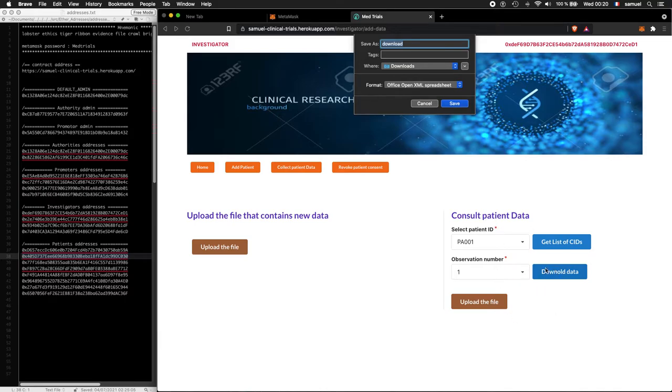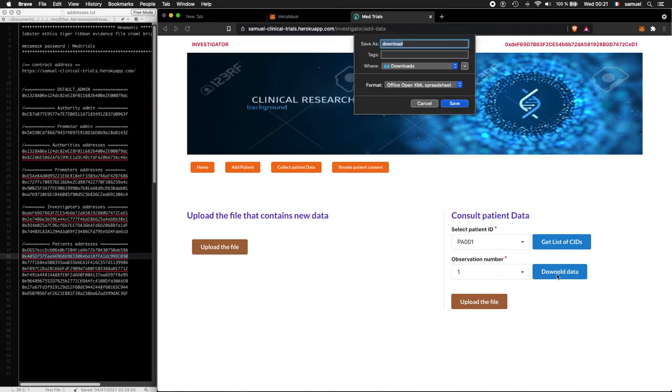By clicking on Download Data, we send a message to the smart contract to say we need to collect the patient data. The smart contract gives back the CID, and this CID is used to get the data that has been stored on IPFS.